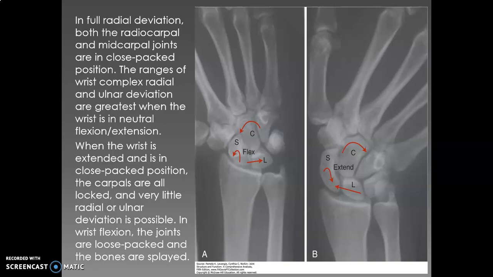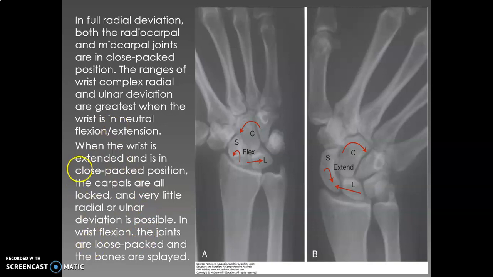So there also there is close packed position, but there is a problem. The close packed position of the carpals is too strong, too extreme, so that no movement is possible for ulnar or radial deviation. You may have this idea in mind because sir told in the last part that the carpal bones go into close packed position even in final extension range. But the problem is that in that extension there is no possibility of radial and ulnar deviation, because the close packed position is too tight.